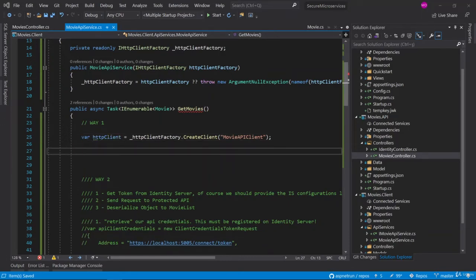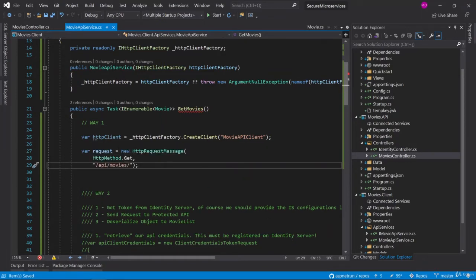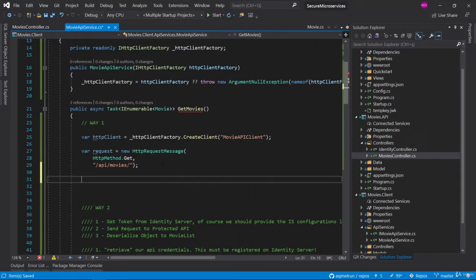After that I only give the URL I am going to call. I said that we are preparing the request message, and we would like to use the GET method, and it should be the local API movies. As you can see, I am not providing the full URL because the URL configuration will be handled in the configuration. I will show you later.